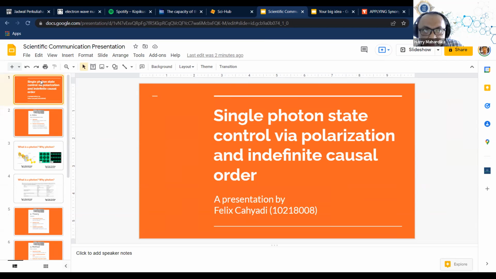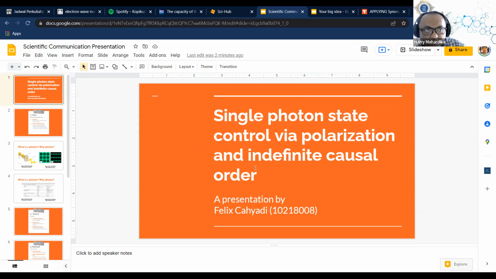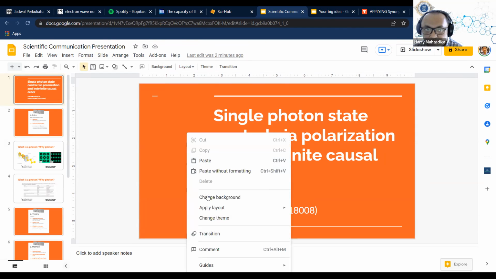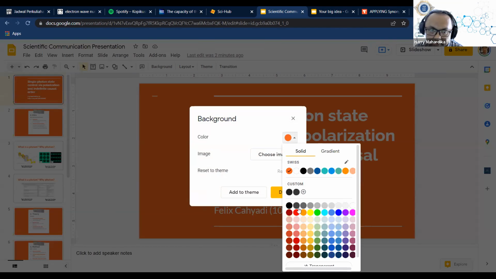Slide number 1. Okay, well, in my opinion, instead of white color fonts, maybe you could tone down the brightness of the orange with, I don't know, a dark gray or a black one, so that it will not make the slides become brighter than they already are. Okay, because orange itself is already bright. So if you use a white color, it makes it brighter. So if you change into a dark gray or a black one, probably not the background, but the font color,